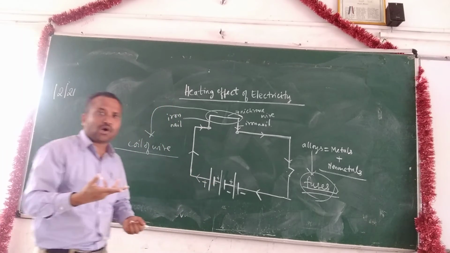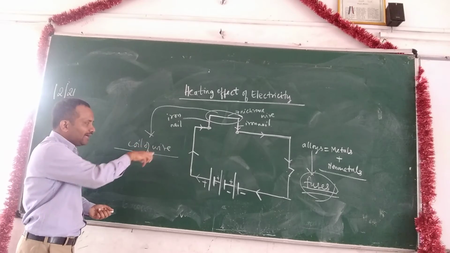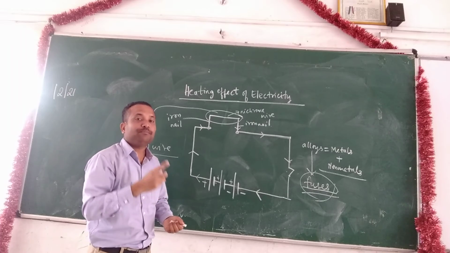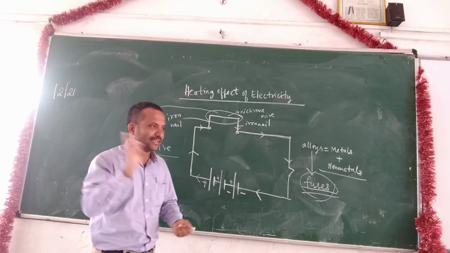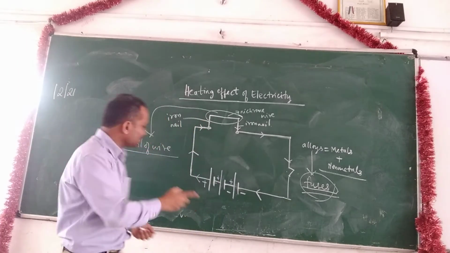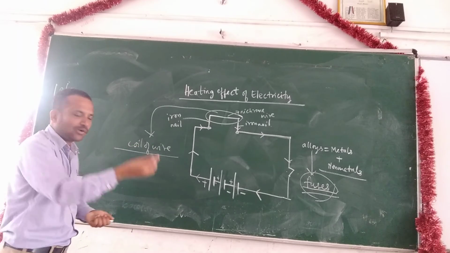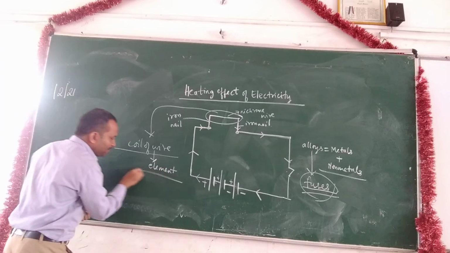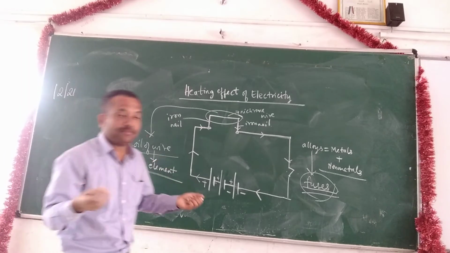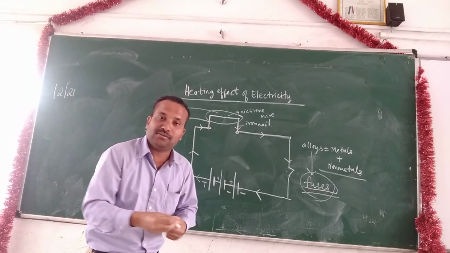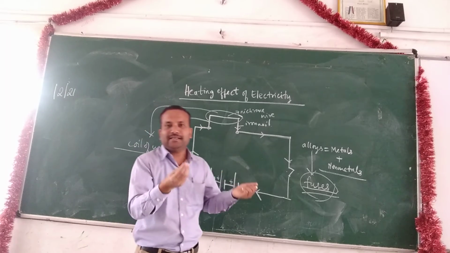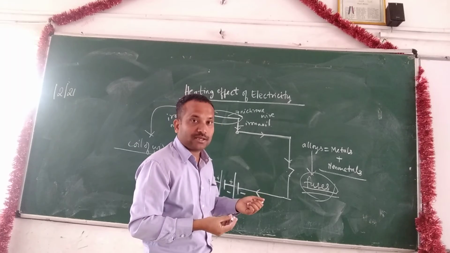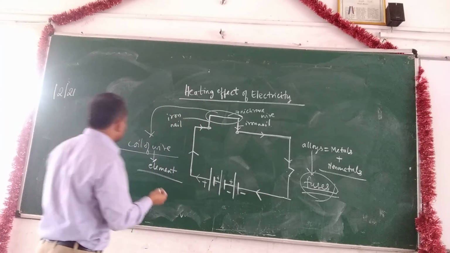Whatever we call the coil of wire which is used for heating purposes in many appliances, this property is called the heating effect of electricity. This coil of wire we will further call an element, used in so many appliances. This element is getting heated up, it becomes red hot, it emits light and heat. So when we were discussing the bulbs,